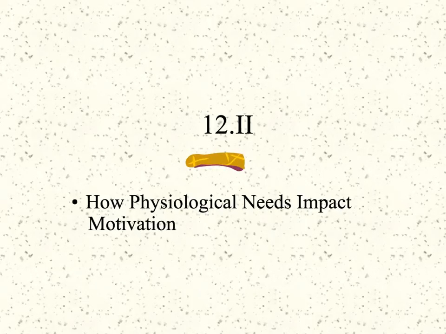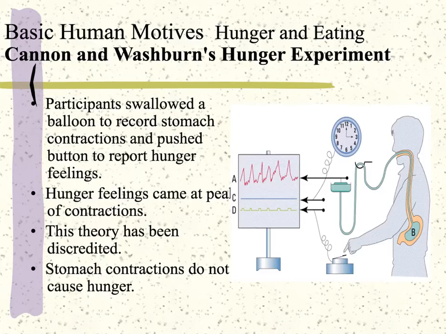Hello students, in Unit 12.2 we are going to discuss how physiological needs impact our motivation. So if we're talking about Maslow's hierarchy of needs, we are at the most basic level, physiological needs. Because of this, we're first going to focus on hunger and what we call homeostasis, which we'll talk about in more detail later. But first I thought I'd introduce this unit with an interesting experiment on basic human motives